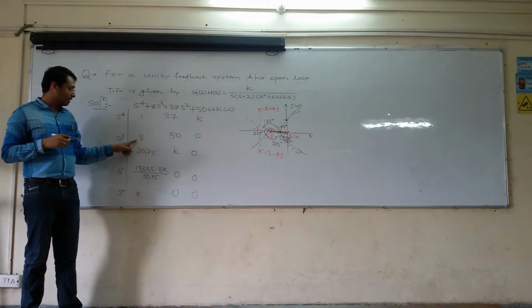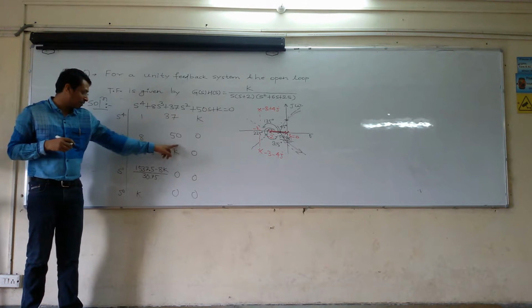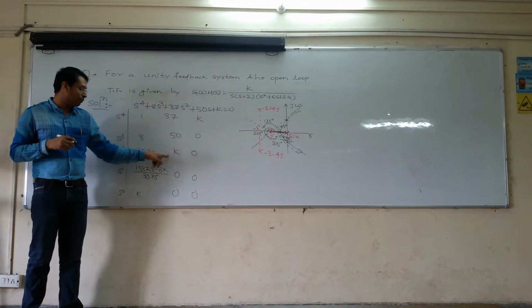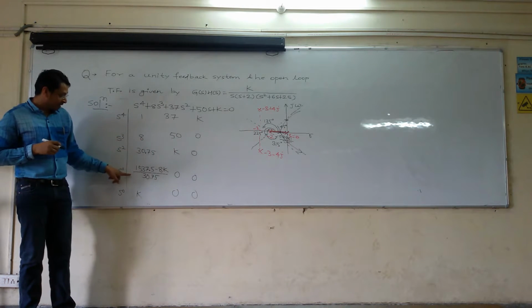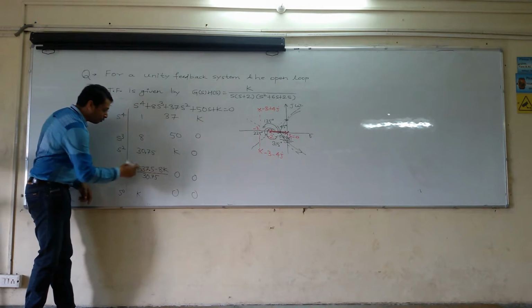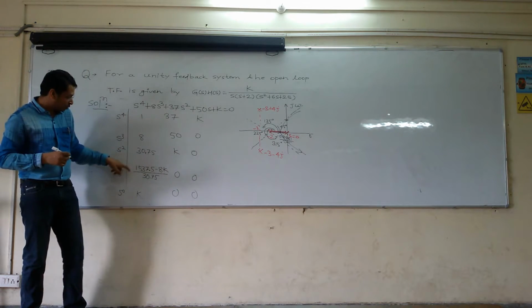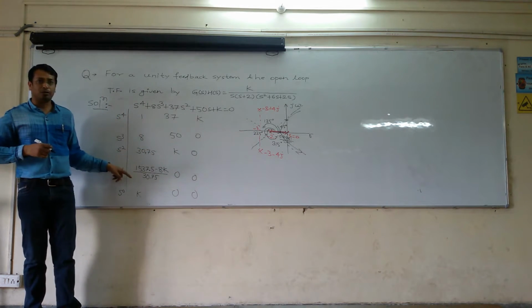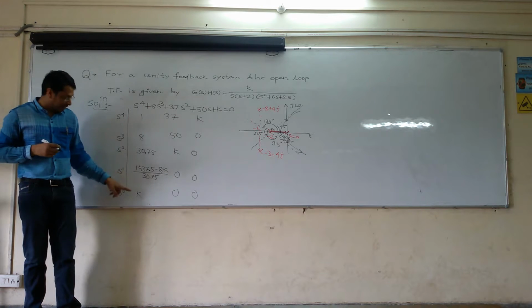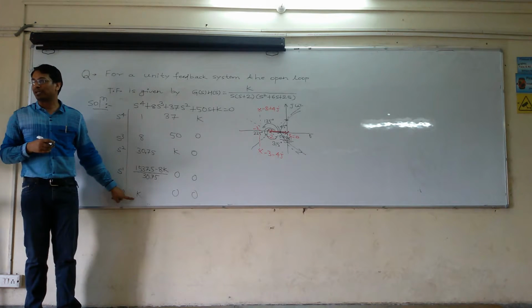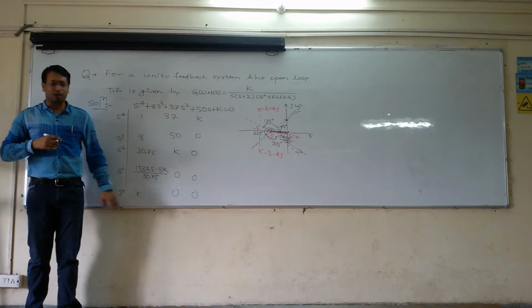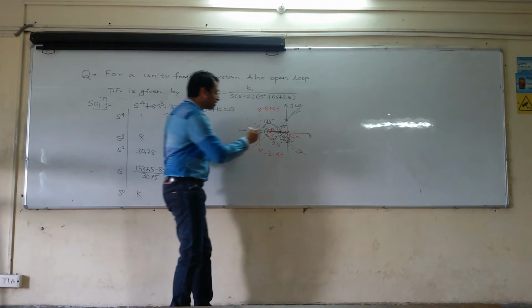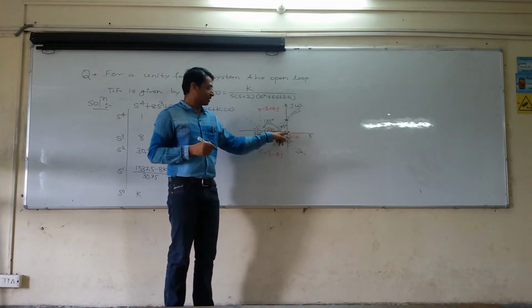Not possible. And this value is also not possible. Whatever value between 0 to infinity you put, it will not turn into a row of zeros. There is a possibility that if you put this value equal to 0, this whole row will become a row of 0. You can also have confusion that putting k equal to 0 once again gives a row of 0. So this k equal to 0 you have to avoid, because k equal to 0 itself is here.